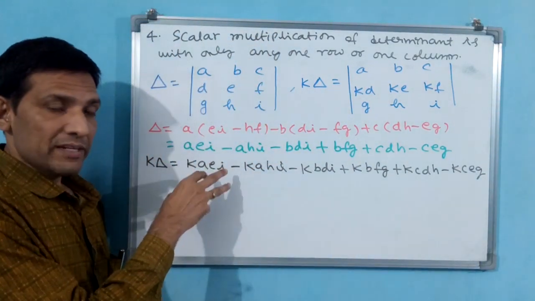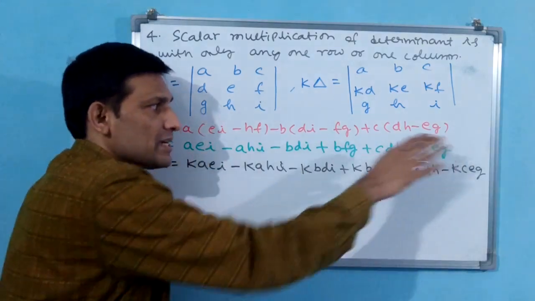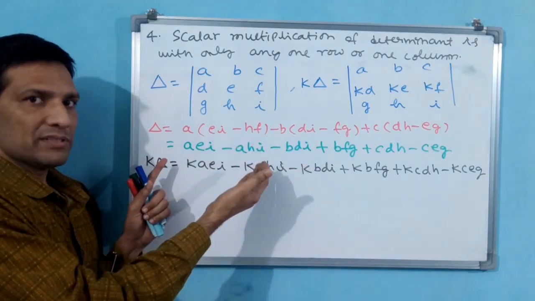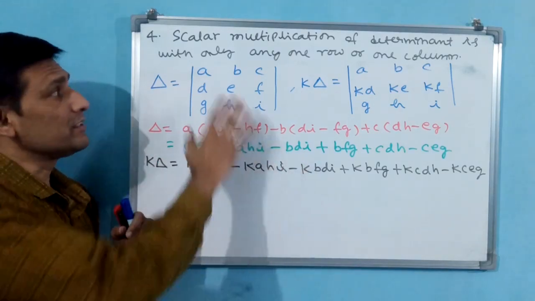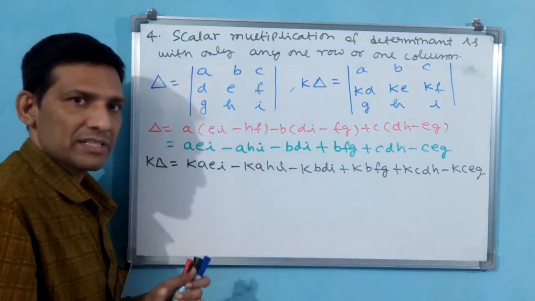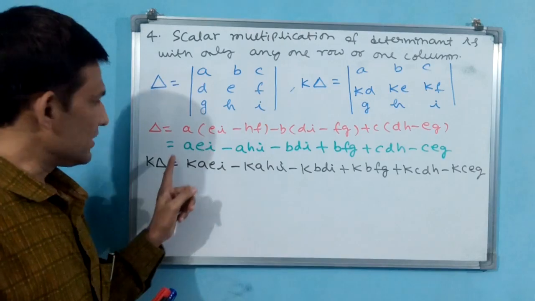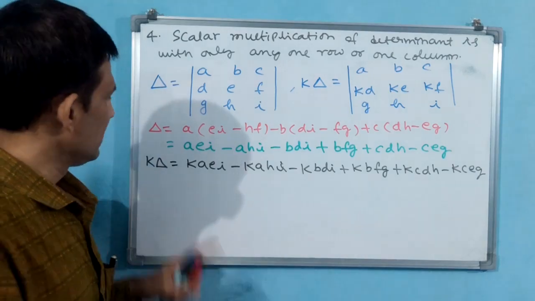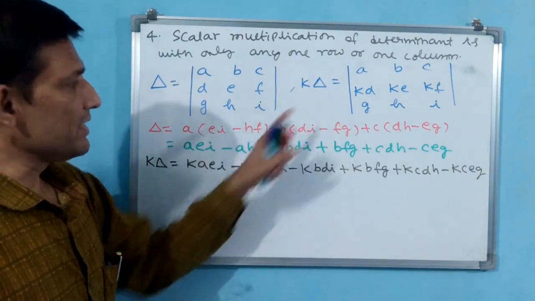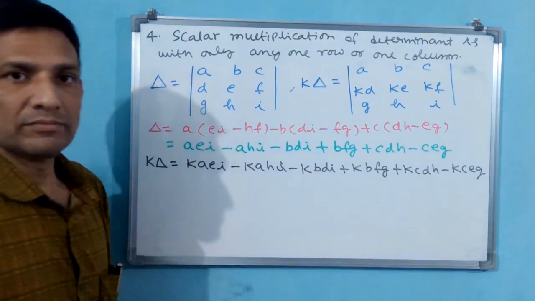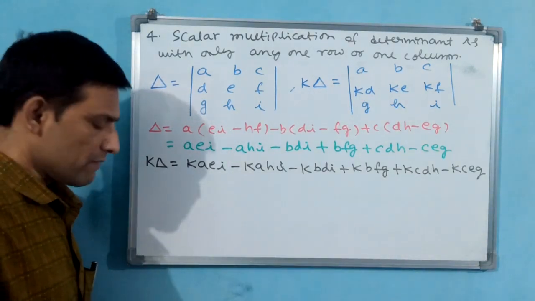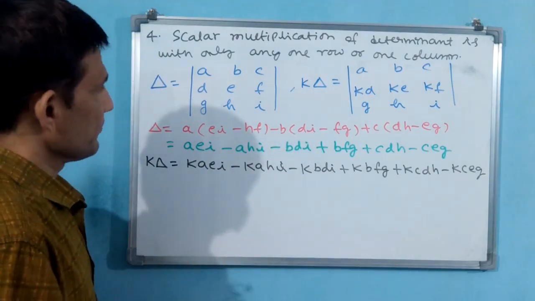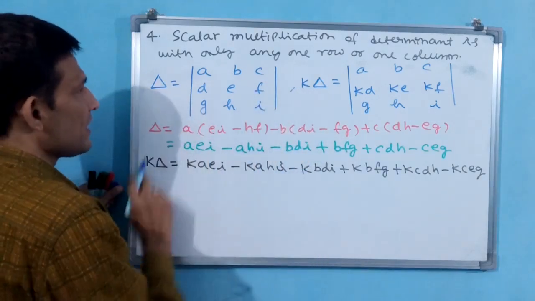See, when multiplying the elements with K, you have to multiply K with all elements. That means this is an expression. Expression you are multiplying. This is not a determinant. Here the determinant has become an expression. Expression you are multiplying with any scalar, then you have to multiply with all elements or contents inside. Okay. Now let us do KD. This KD also should come same. Then we can say that this has been verified.